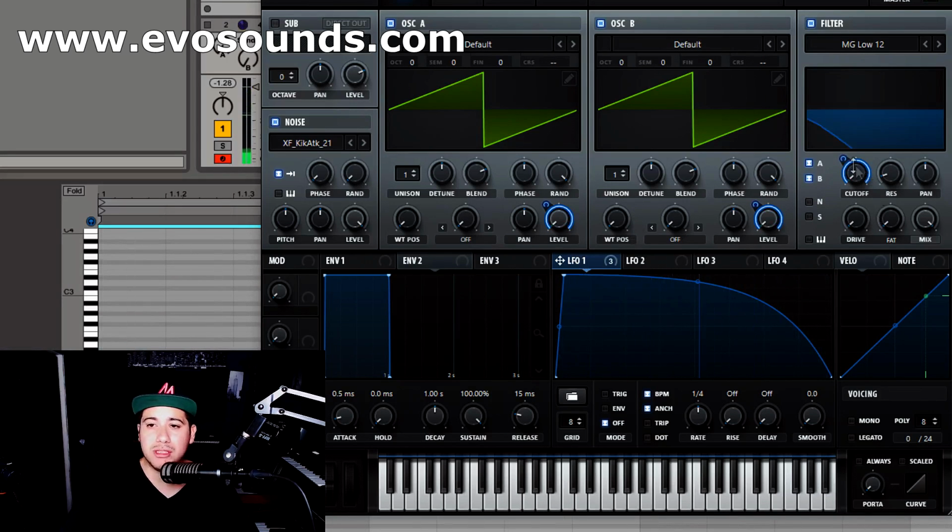Okay, so we're almost there. Now, let's lower the cutoff so we get that more boomy kind of effect. Now, we're going to be using a pitch technique that has been around since the 80s, since synthesizers were created,